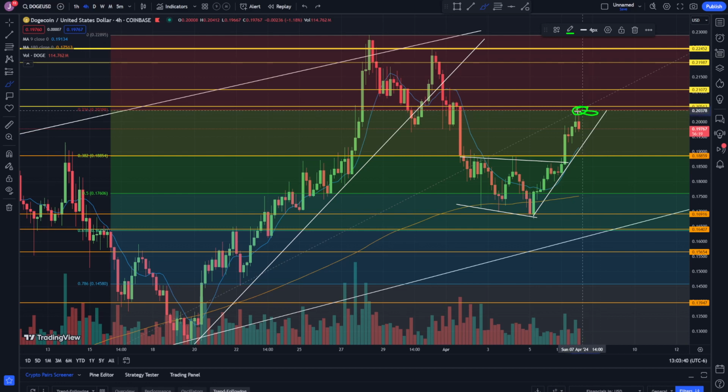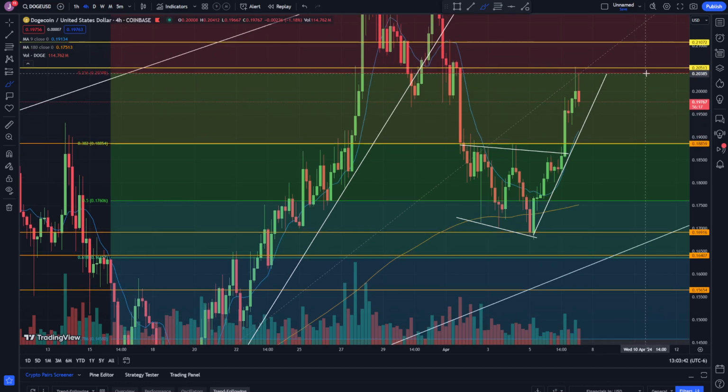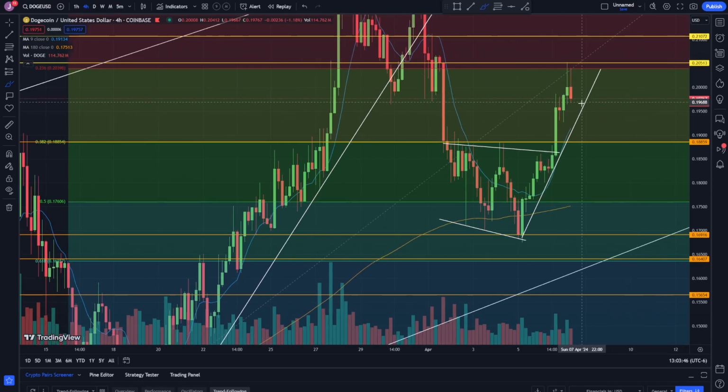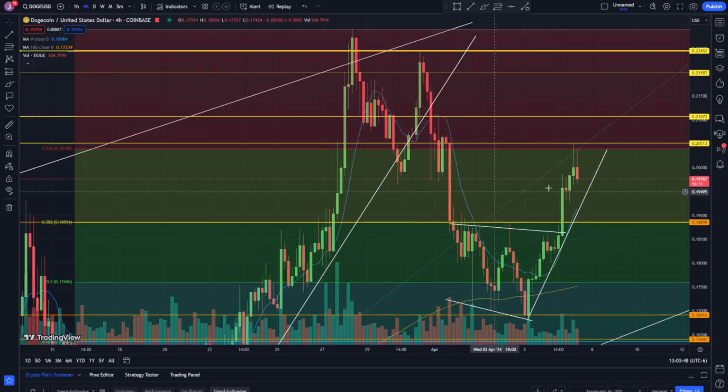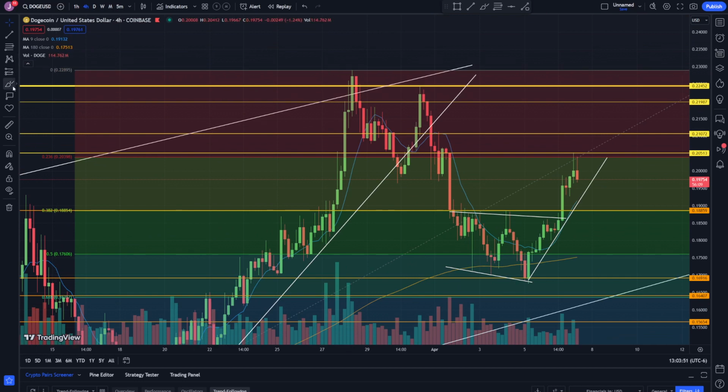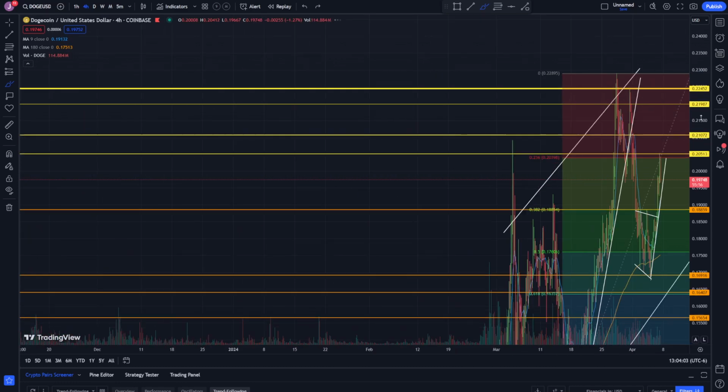And then the bullish scenario, I would say we would have to break this red line right here. If we could break the red line sitting at the same level, 0.204 or 0.203 and some change, then we can go to the next levels and we'll be looking at the previous tops. The previous tops would be around 0.222 and 0.227. It wicked all the way up to 0.229. If we could break above that, then that